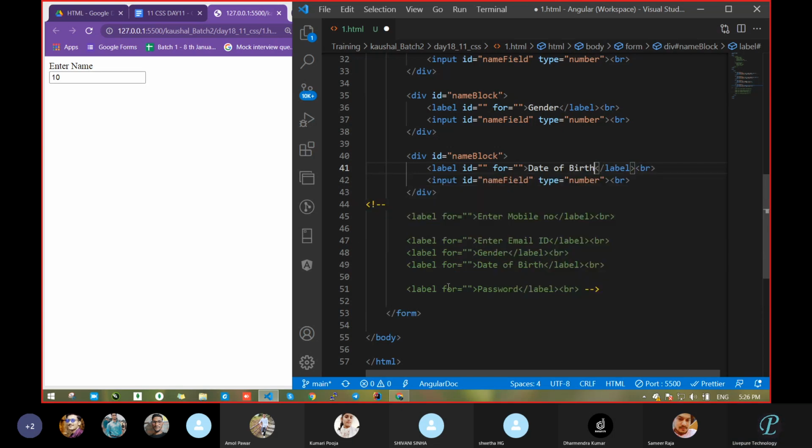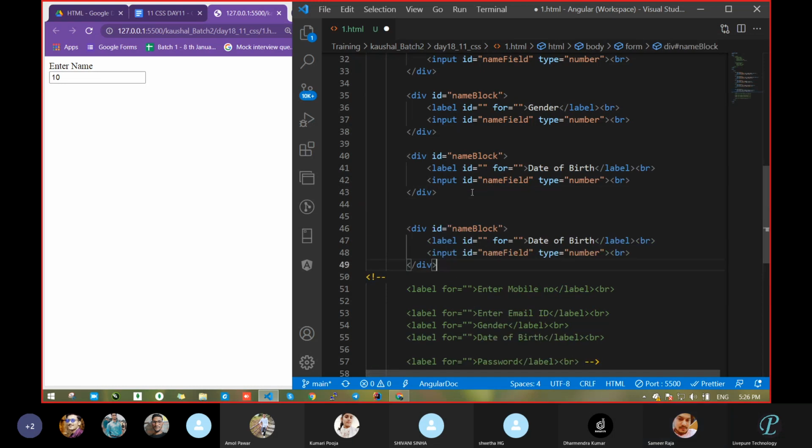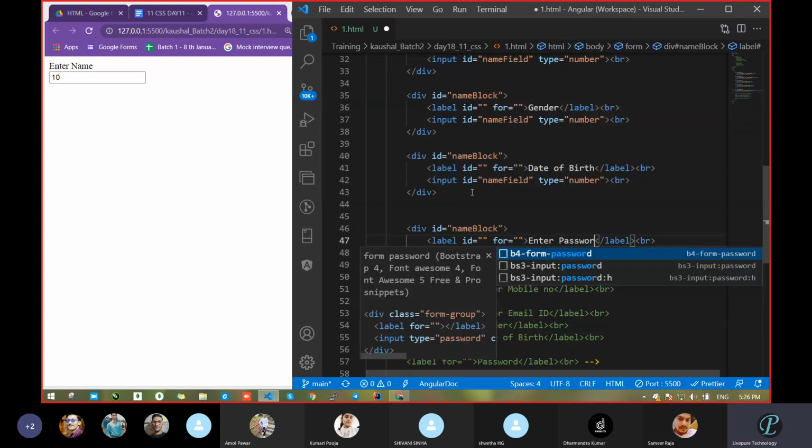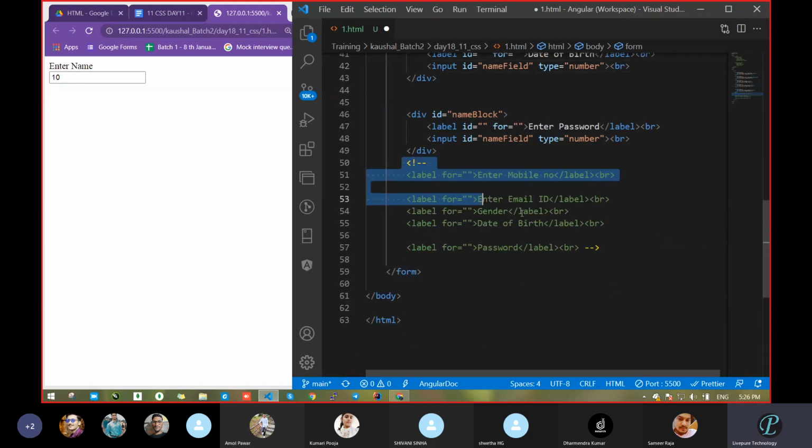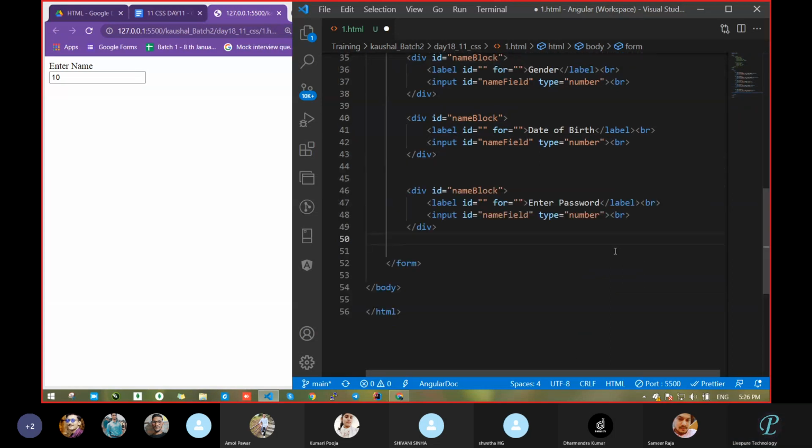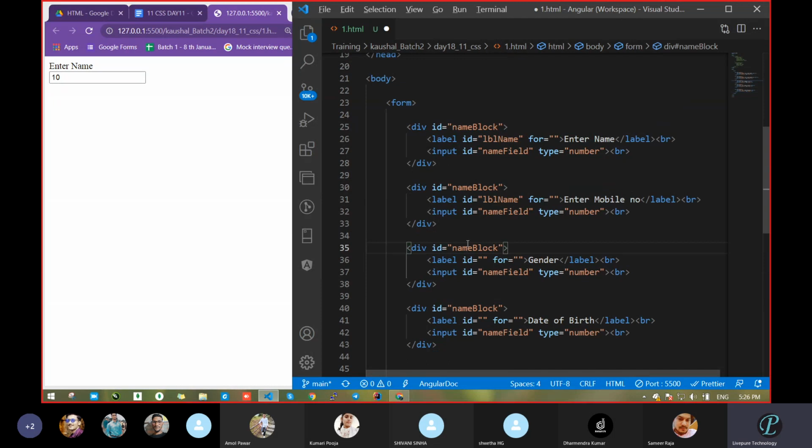Fine. Next take this password. Okay, fine. Let it be from here. Enter password. Clear? Anything filled? Any field remaining? Only email I have not taken. Not an issue. So we have taken all the fields.